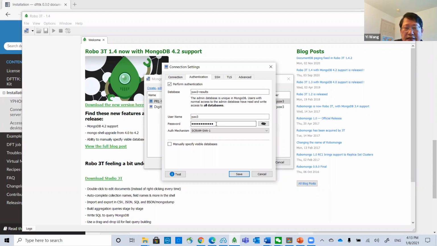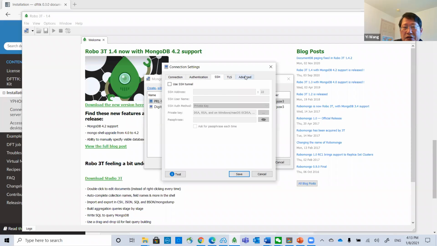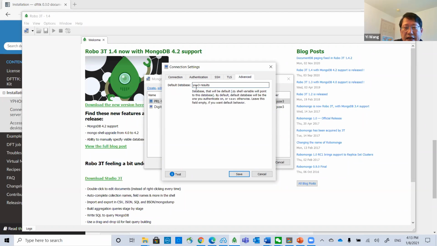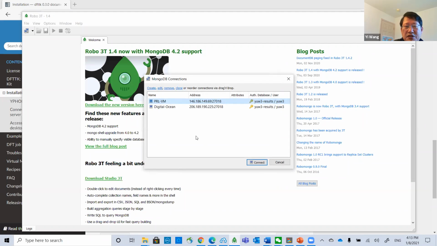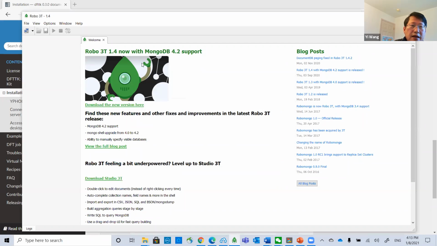For the password, this is the one in the db.json file I send you. This setting here you need, and this one you don't need. Also put the same thing here. Then that's all. Once you set this up, just save it on your computer. Then next time when you try to connect,